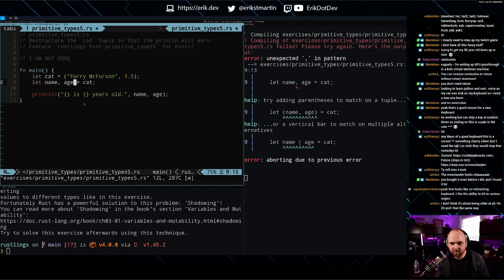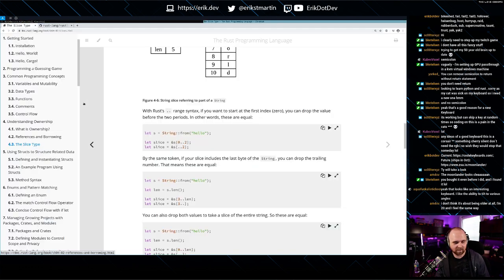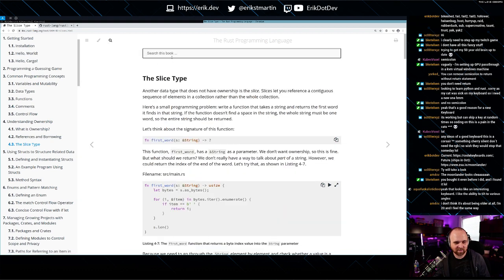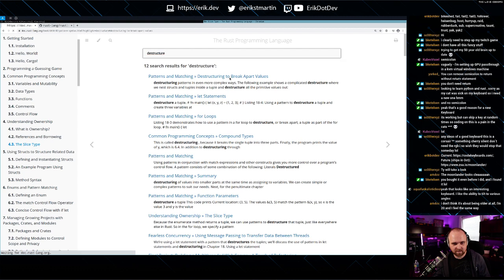No. Do we destructure it like this? Ah, all right. To the book. I know I remember doing this, I just can't remember. Destructuring.